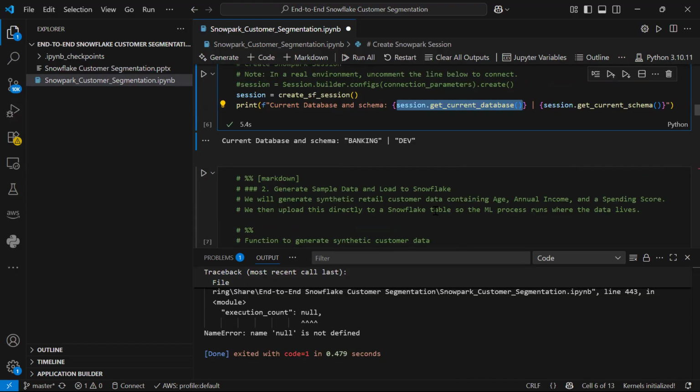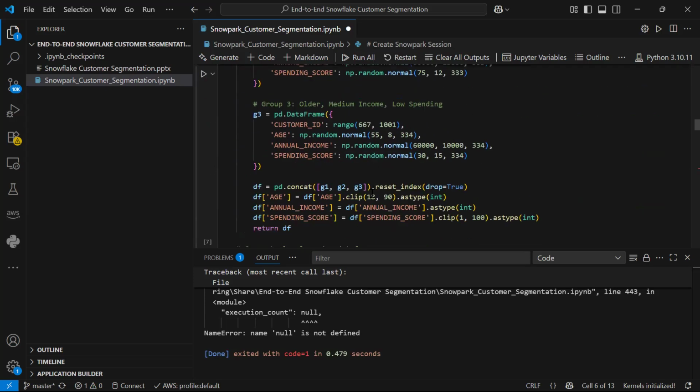Okay, same thing. If it is showing here, see, current database, it means it is pointed to the current database only, no? Correct or not? Yeah. Let me try something like this. Session.current database here.